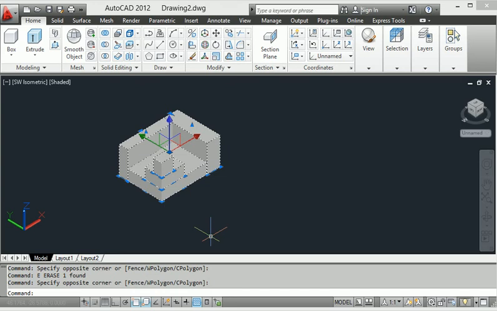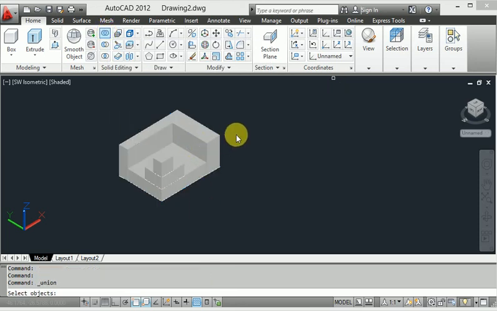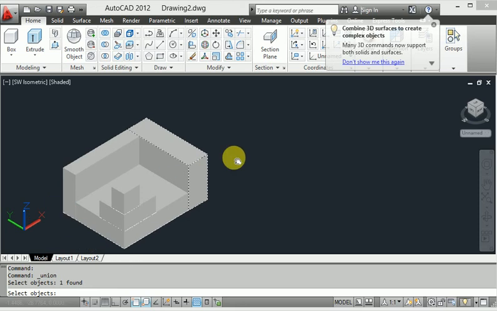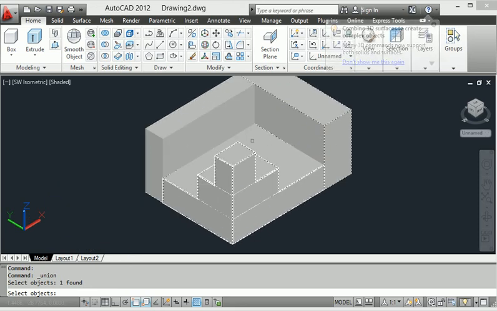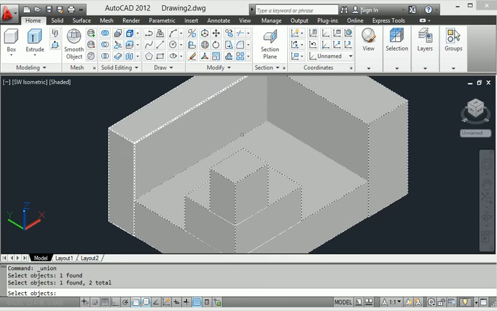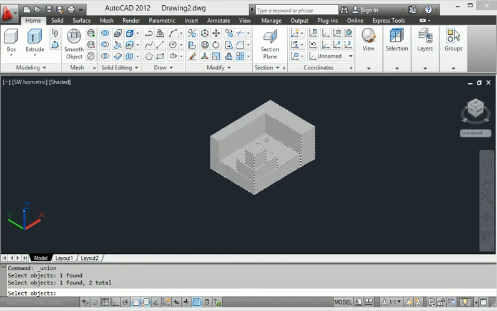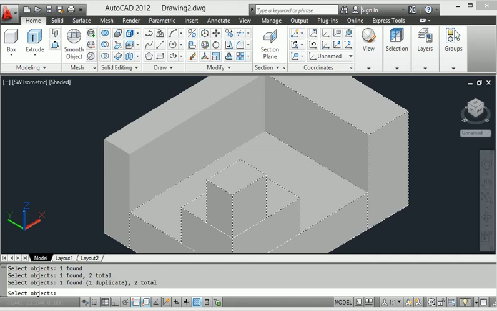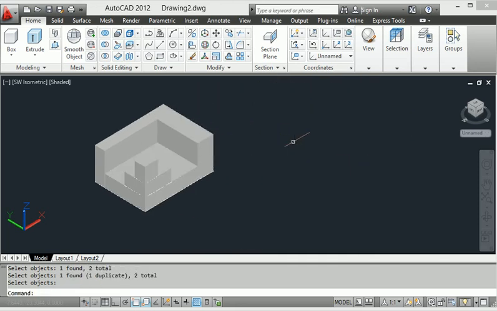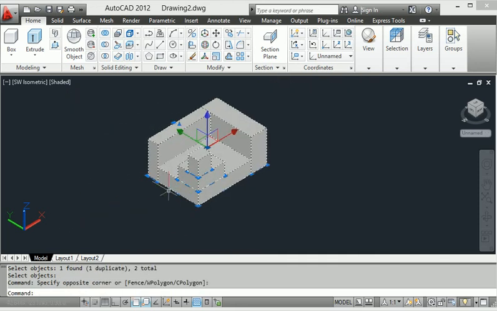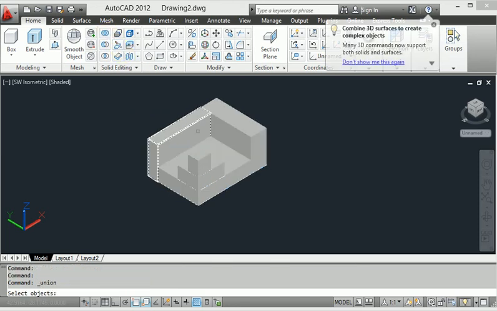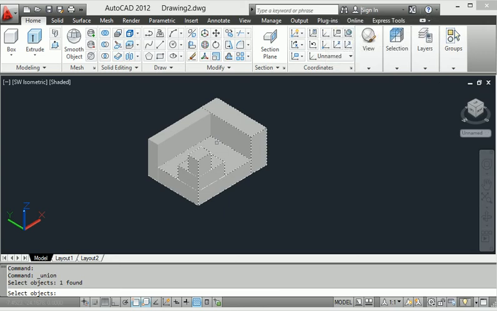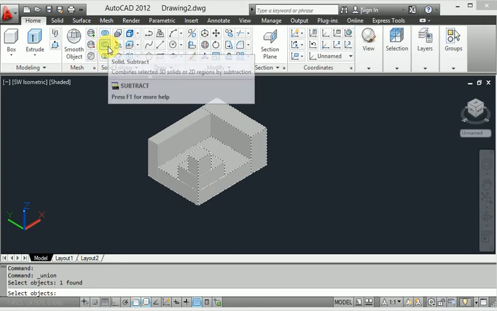When all members have been selected, then I use solid union. Now I use solid union, and the whole body is selected as only one diagram. Look, when I select this component, every body is selected through solid union. So solid union means the whole body is selected at one time. This is called solid union.